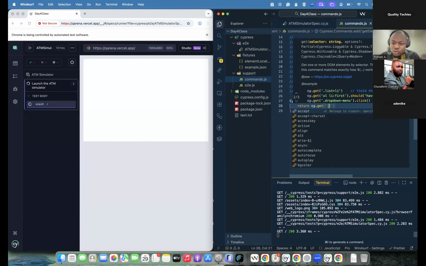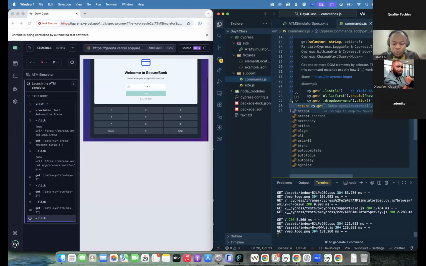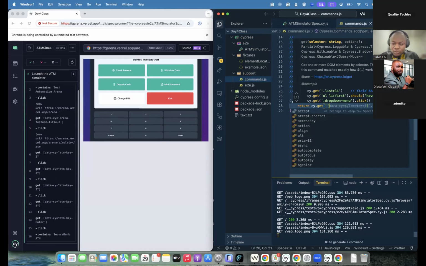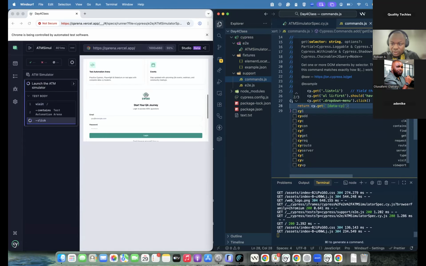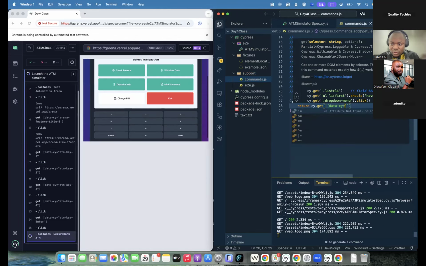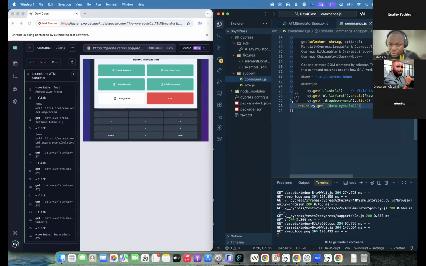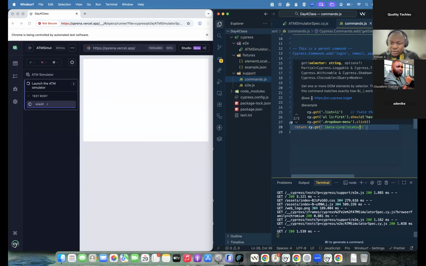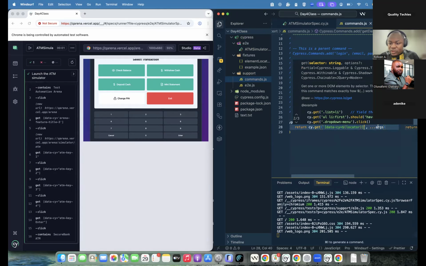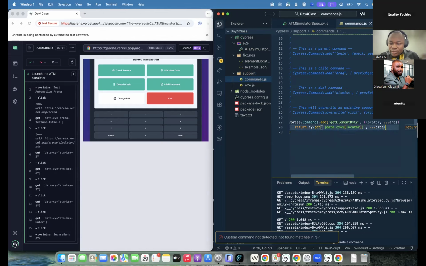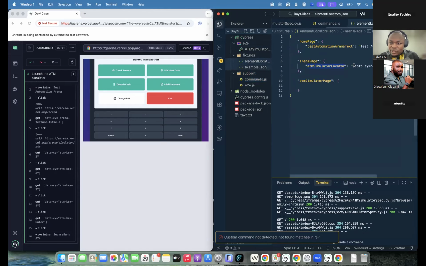So we already have a structure: data-cy equals our locator. So when we do this, our CY locator, then we pass the argument. So now, instead of me writing all of this gibberish here,